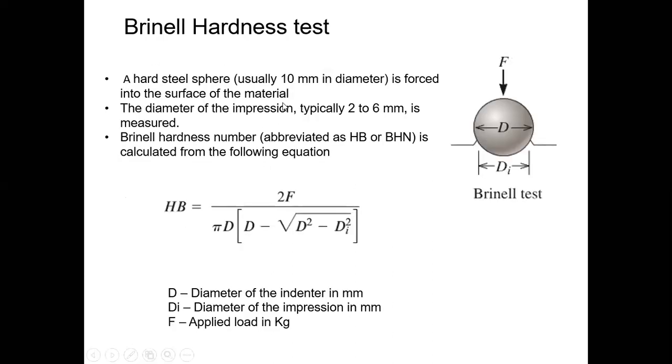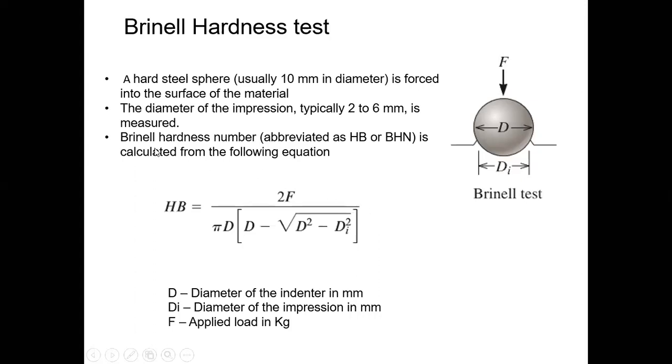So actually it depends on how you calculate it and what kind of material you use to measure the resistance, right? So in the Brinell hardness test, a hard steel sphere, usually 10 millimeter diameter, is forced into the surface of the material. That means we press this 10 millimeter hard steel sphere into the surface of the material, right? The impression makes a change in the surface, right? The diameter of the impression is typically 2 to 6 millimeter,